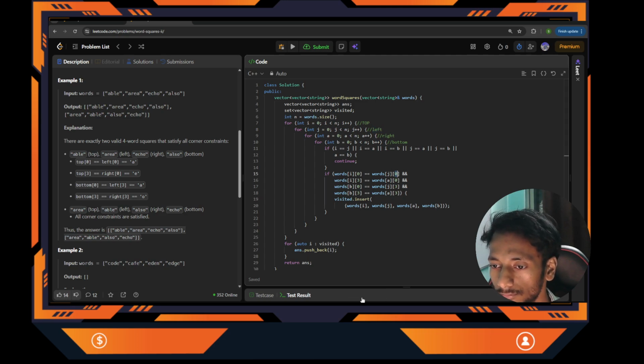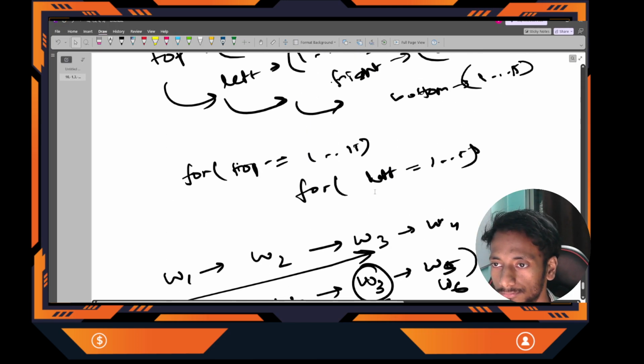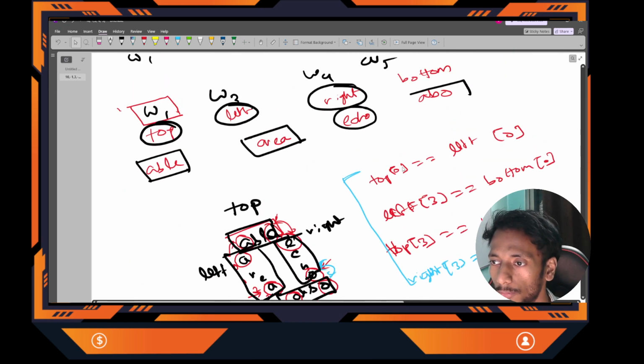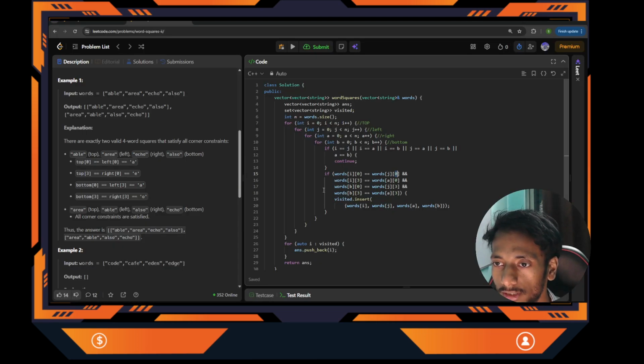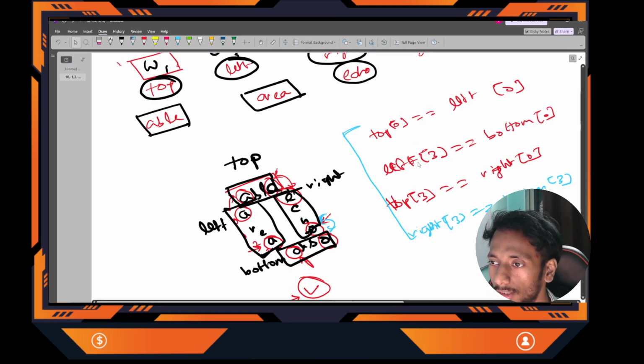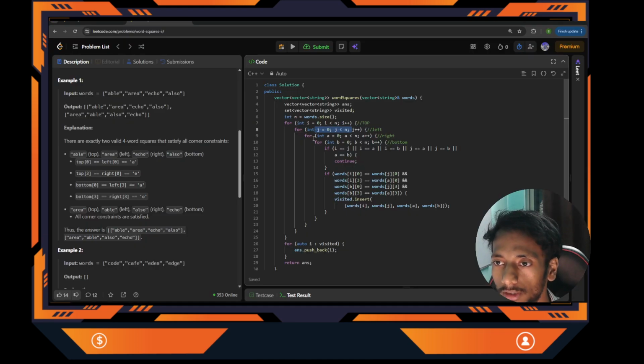Okay, try to visualize this. Top 0 equals left 0. This is the condition. It should be the same, equals a equals a. So that's why top of 0 equals left of 0. Got it? Left word is this word j. Okay. Next condition is that left of 3 equals bottom of 0. Left of 3, this a should be equal to this bottom of 0. So left of 0, left of 3 means this word of i,